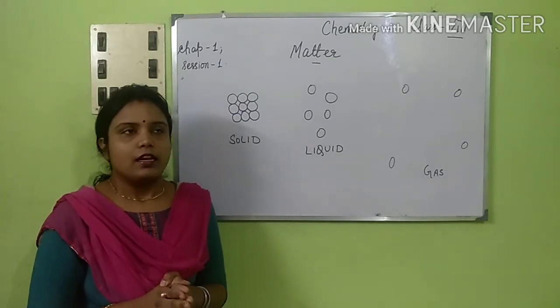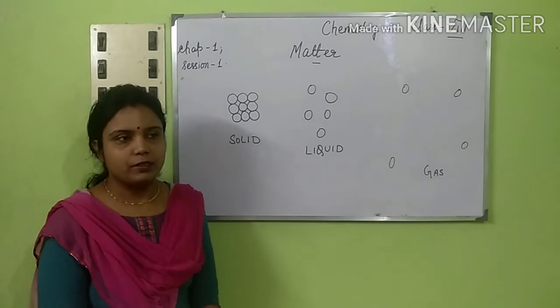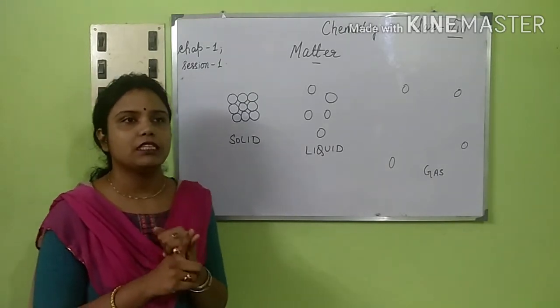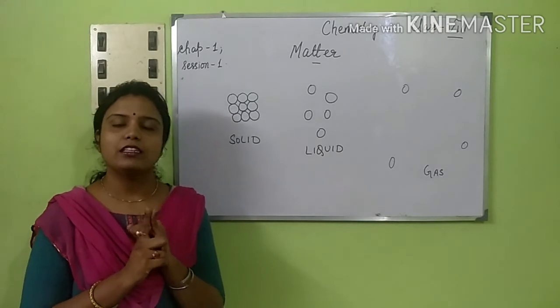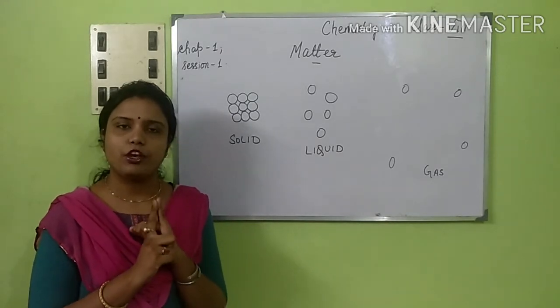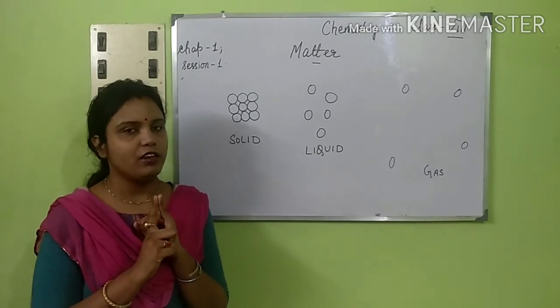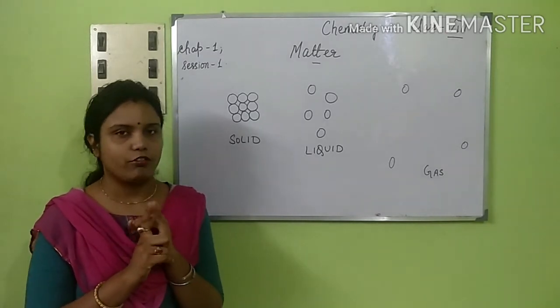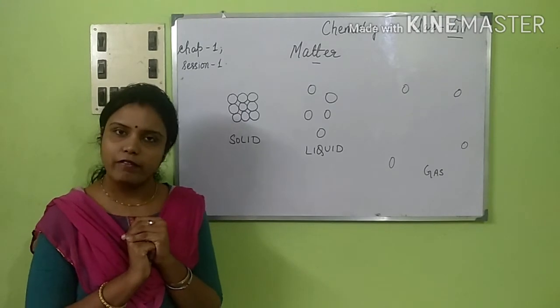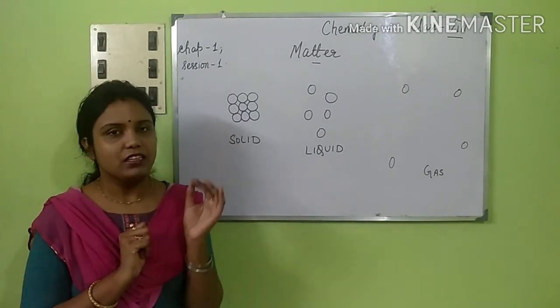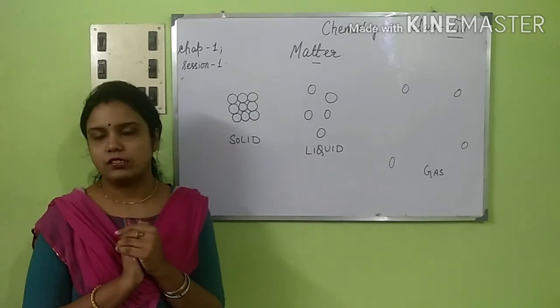Like, one small example: in your family, suppose you have your father, mother, sister, brother and you. So there are 5 members in your family, right? And 5 of you have almost, if I'm not wrong, the same title, right? In the same way, these elements have the same type of atoms.